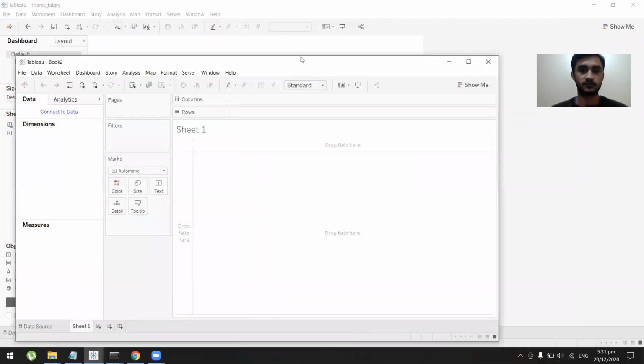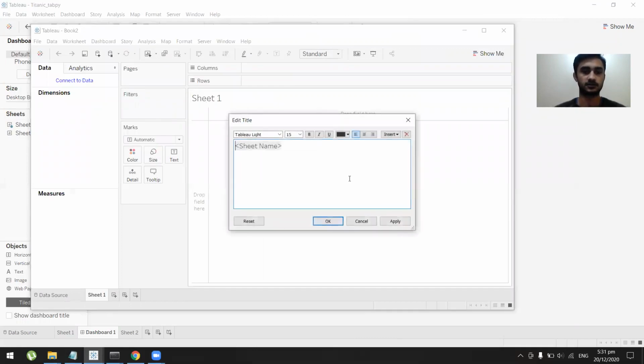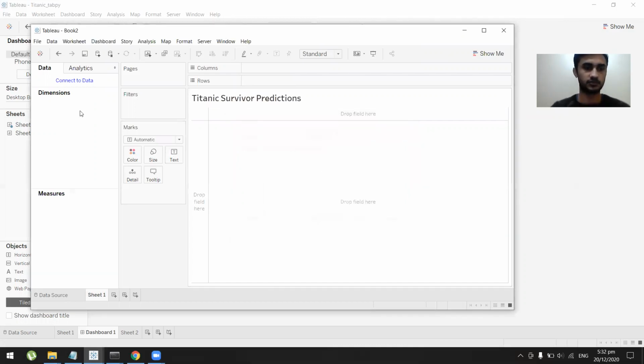So to create the form fields, first of all, I'll rename this sheet to Titanic Survivor Prediction. I'll just change the font styles. So to create the forms,